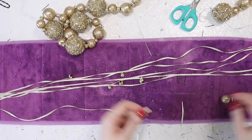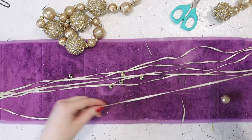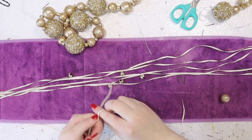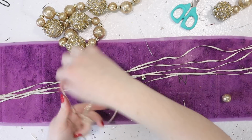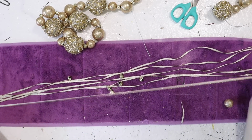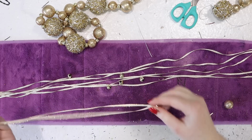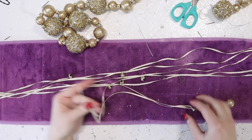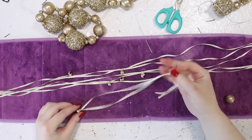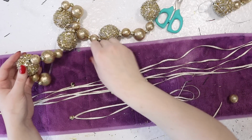So I'm now making tassels for the tails of the belt, and I'm doing this just by taking a length of gold ribbon. It's probably about 24 inches long, 30 inches long. And then I'm threading a bead onto the center and then just tying the 2 ends together to create a knot. So that bead is now in the center of the ribbon. And I repeat that several times. And then I'm going to take the 2 ends and work with them both together. I'm going to cut them so they're level and then thread them through a tapestry needle. And when the ribbon is threaded through that, I can then sort of disassemble my garland, which I'm using to